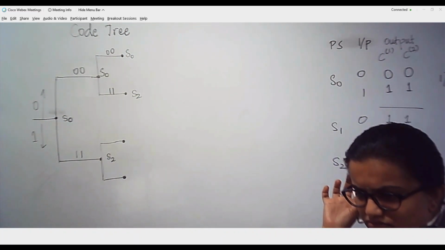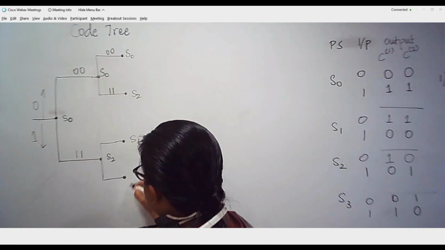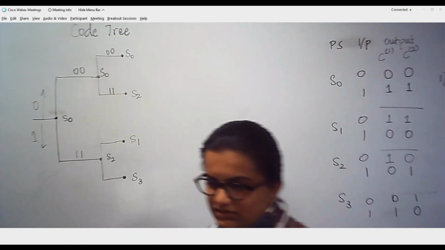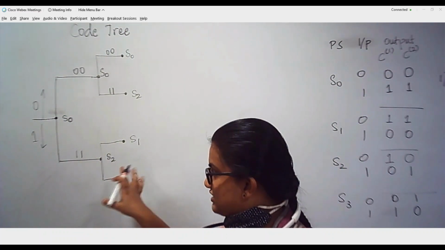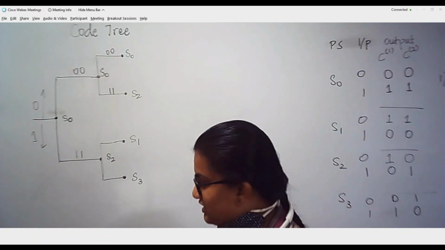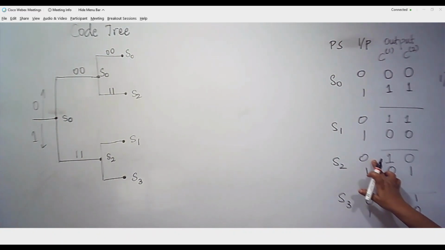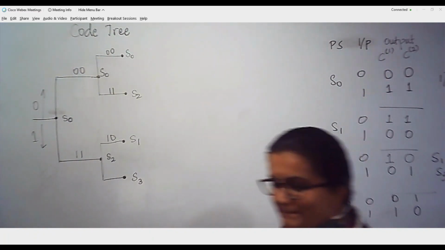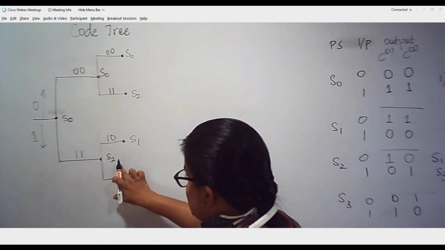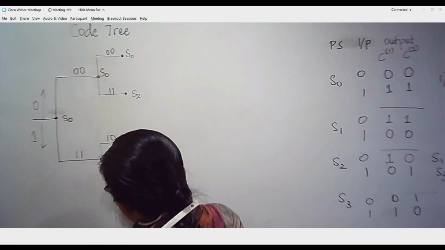Yes, one. If the input is 1, it is S3. Correct. So please observe here, this output has got nothing to do with your states. Please be careful while understanding this. So once you do the transition from S2, if the input is 0, then the state that you are going to obtain is S1, and the output is 1, 0. If the transition is happening such that from S2 it is going to S3, then the corresponding output is 0, 1.